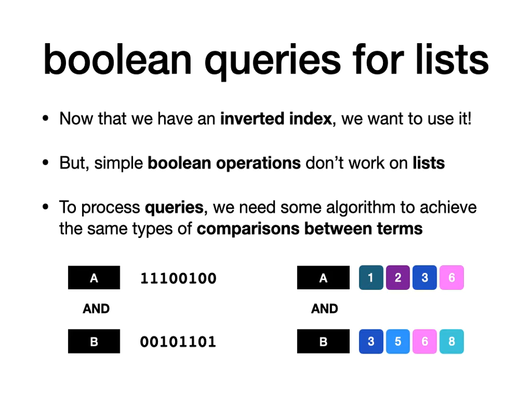So now we're in the inverted index world and we want to use it, right? But those nice, clean bit string Boolean operations just don't work on lists. Lists can be of any length, and they're not fixed. There's no guarantee that things will line up, right? They're just a sparse little list, and we want that. We still need that, because if a term only appears in 30 documents, we don't want it to be a